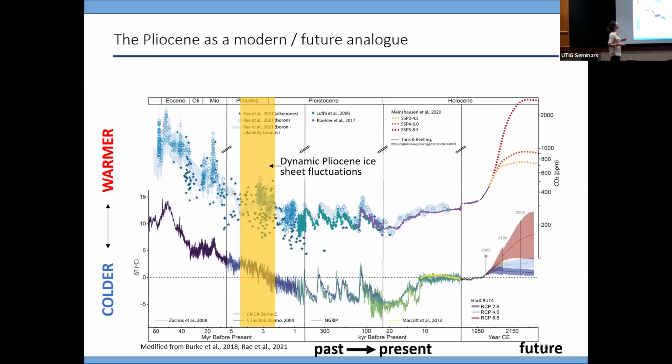Okay, so here we are in the Pliocene, right? Again, this is often looked to as a modern analog with CO2 similar to today. But just because it has this high CO2 doesn't mean there's not other things happening, right? If we look at this variability across this multi-million year time, there's a lot of variability in terms of CO2 and temperature.